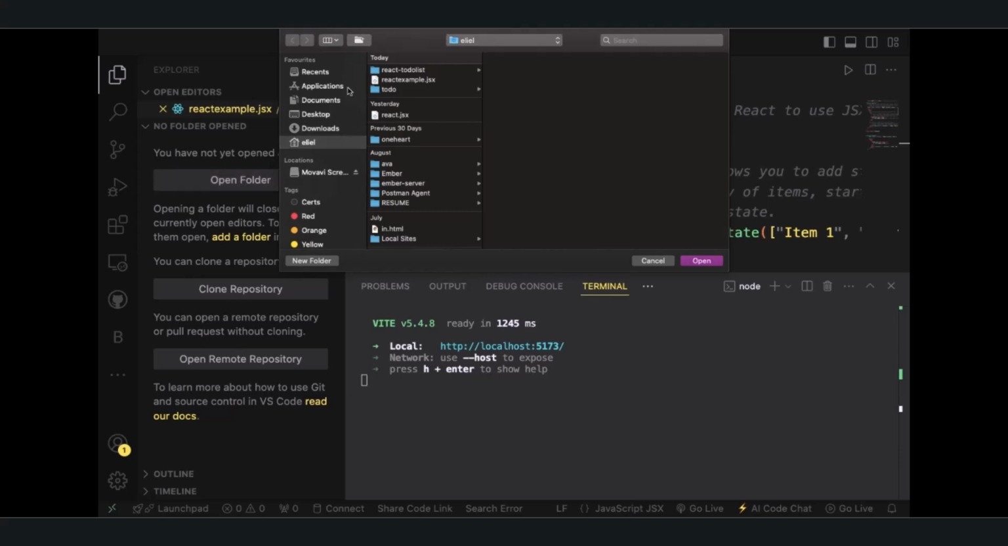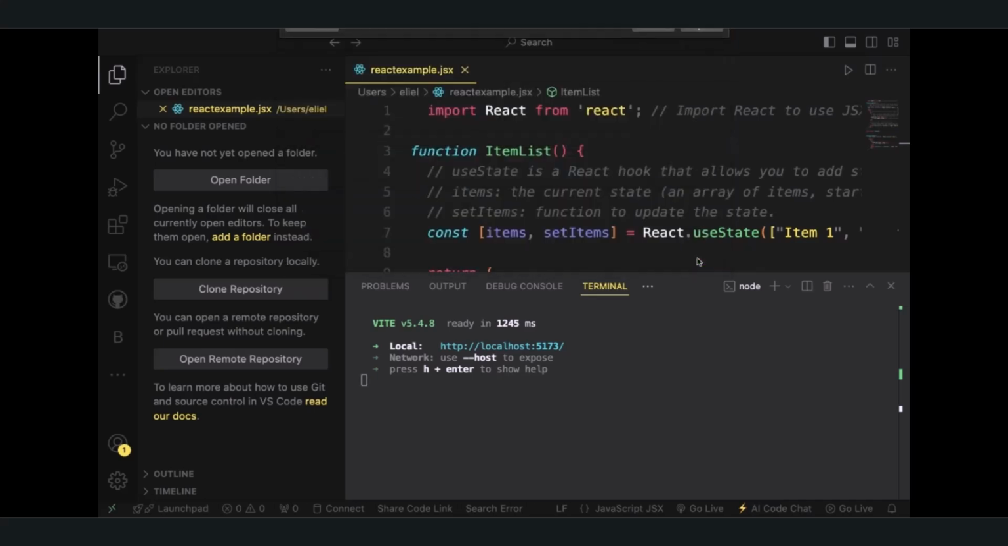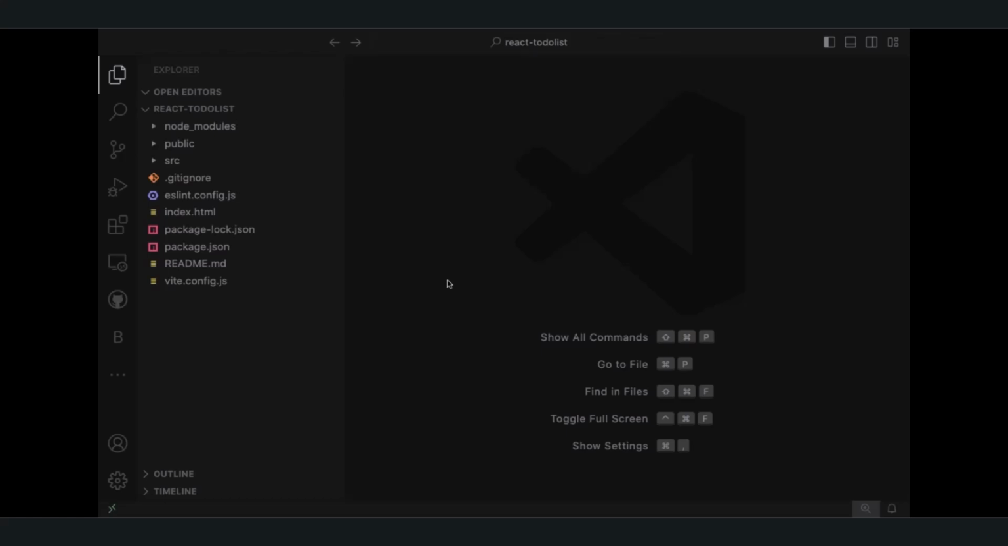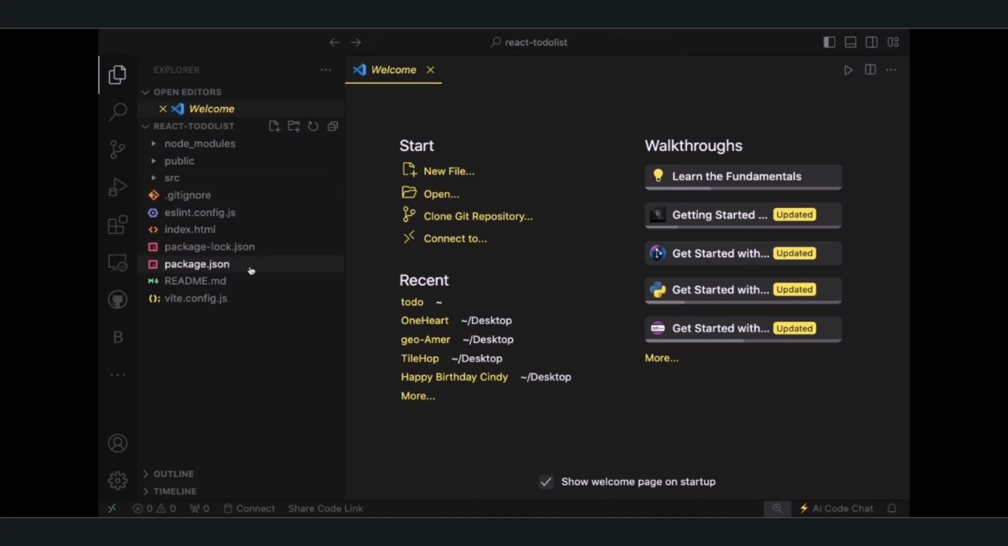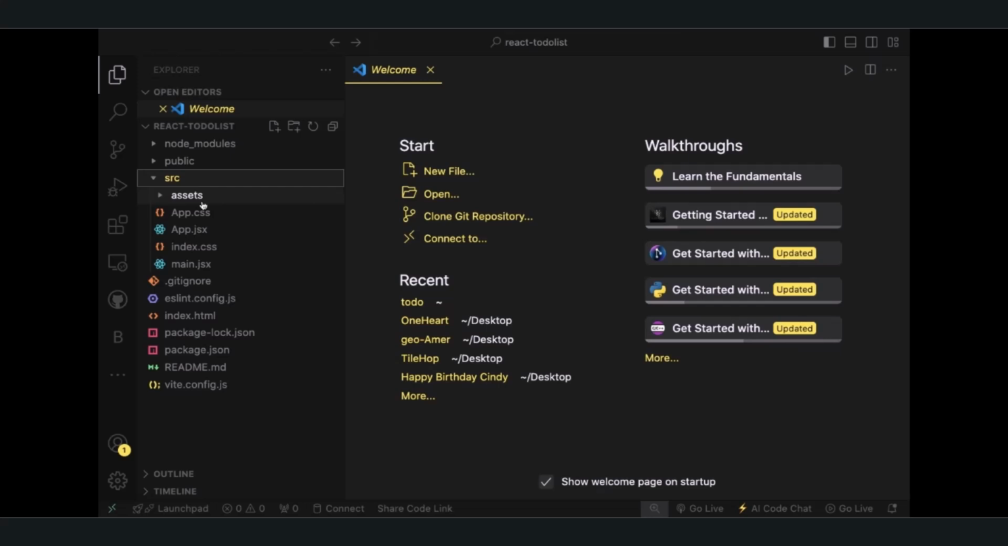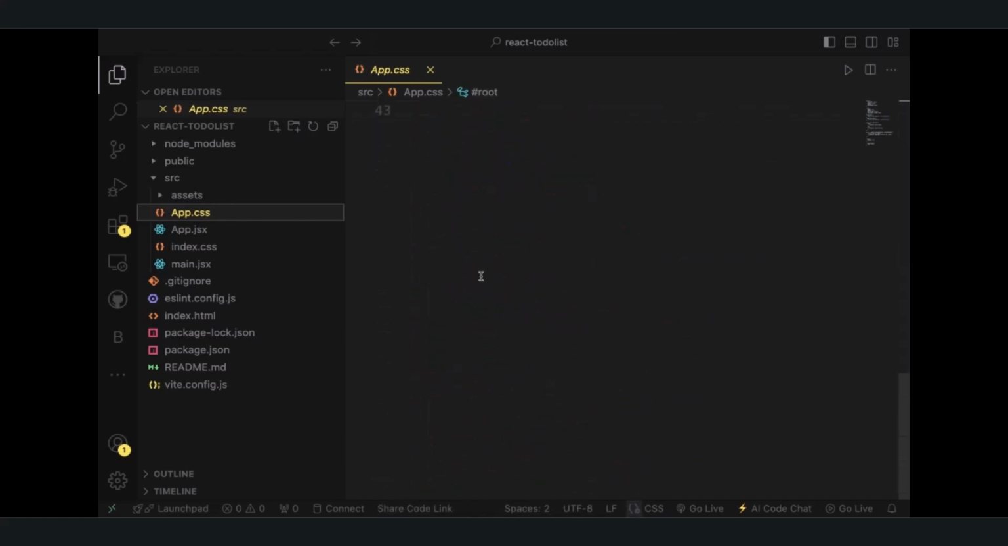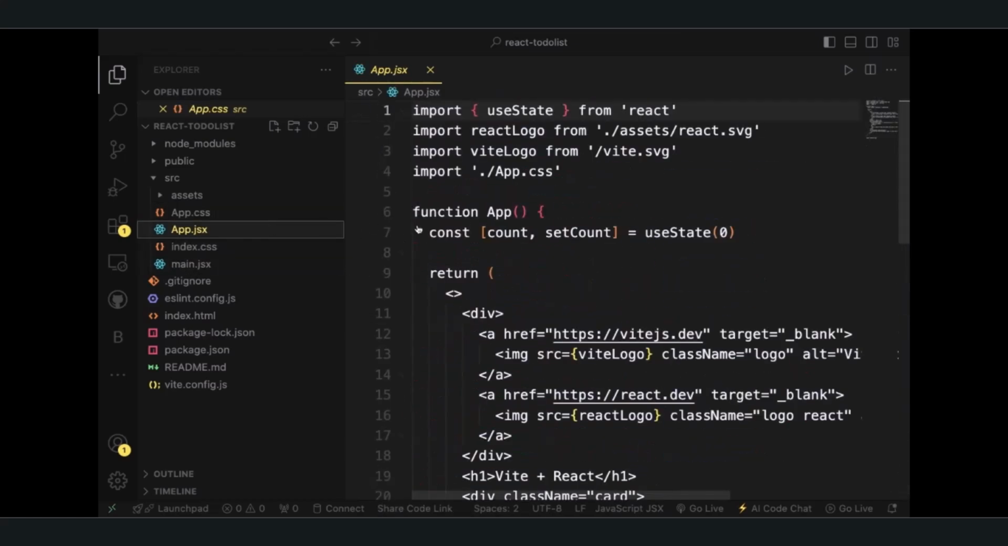Okay, so we'd have to go into our file explorer and then open the folder in which we installed our dependencies and the packages in, and then open it on VS Code. So in there we have other packages. When you open the source folder, you see the app.jsx, and so in our source folder we are going to locate our app.jsx, and